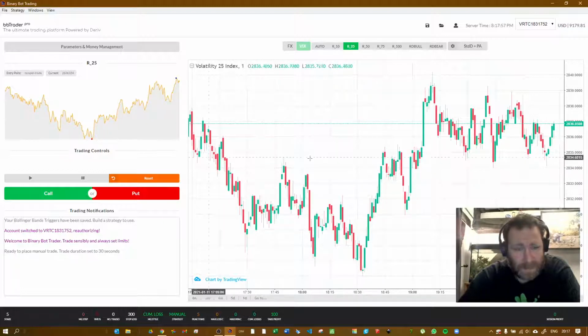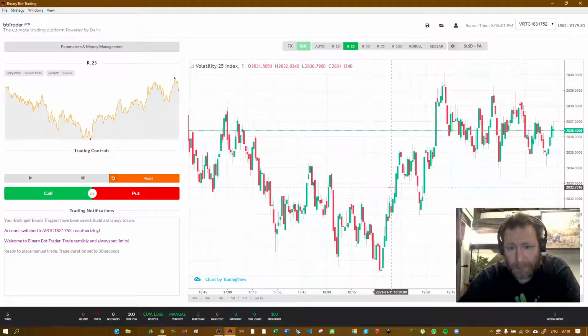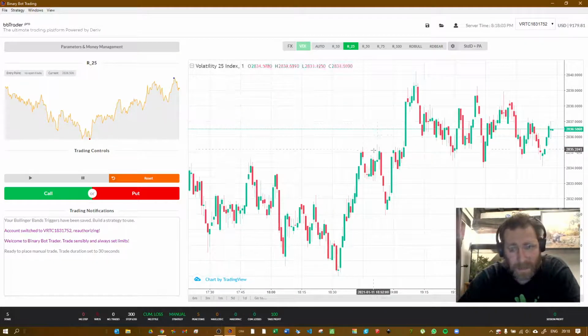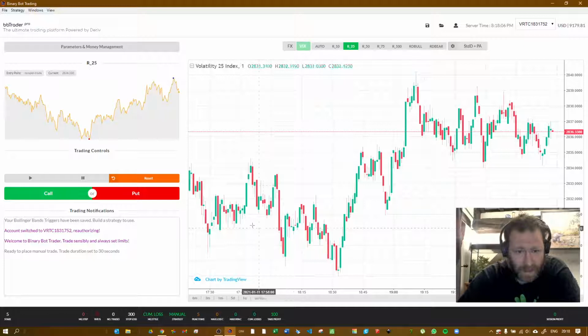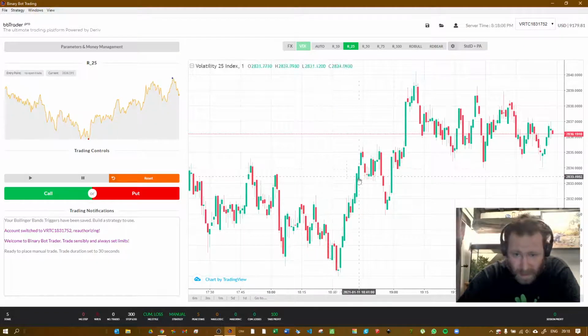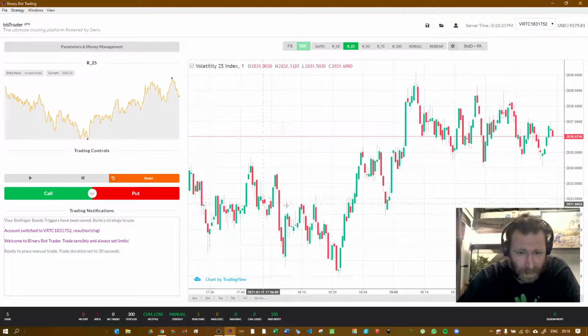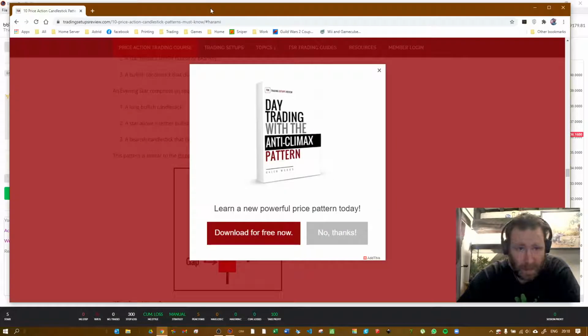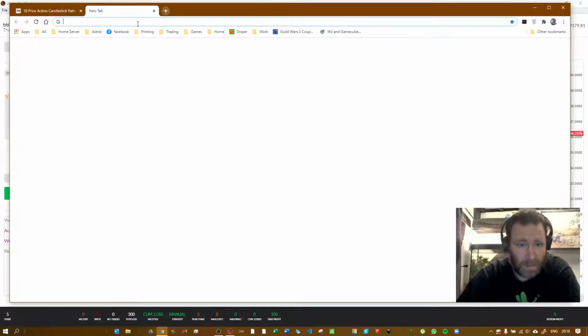Now, something that he hasn't mentioned, but I think is probably going to be a very good second trigger to use on this. So everyone knows how Bollinger Bands work. I'm assuming you guys know. I'll quickly knock up